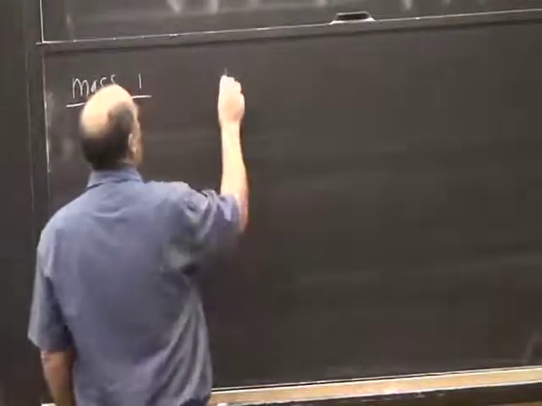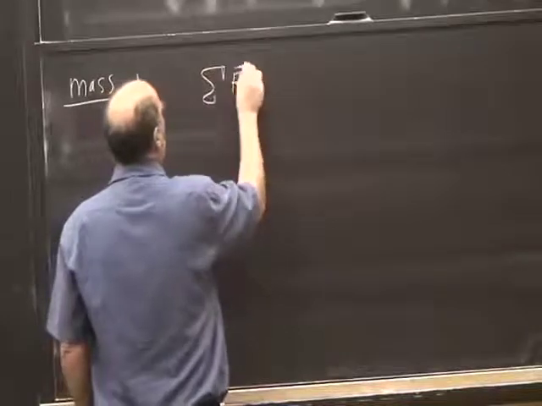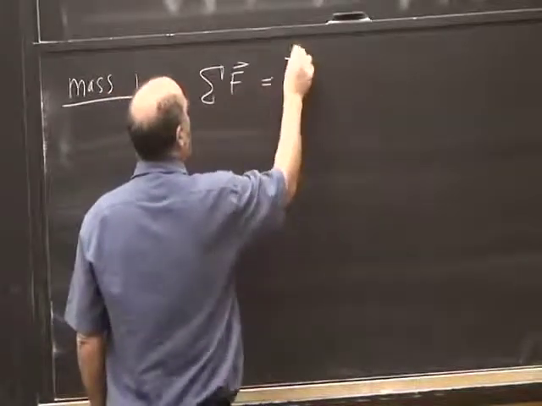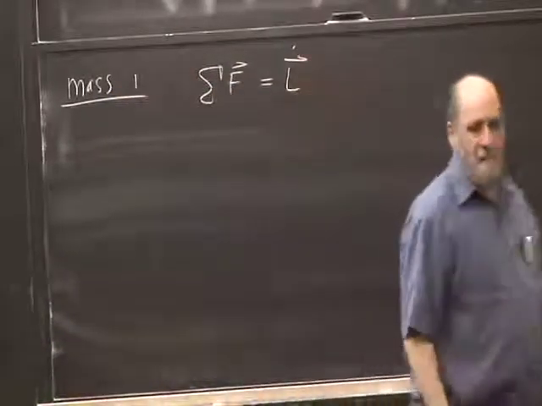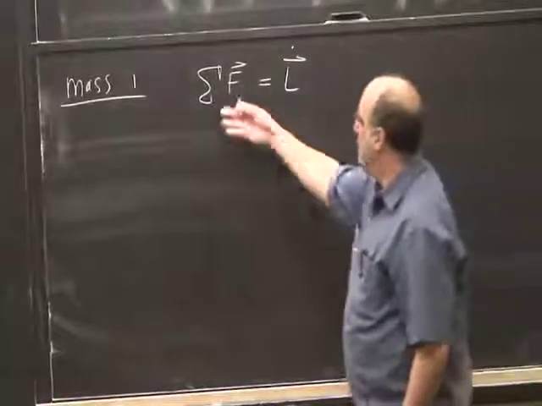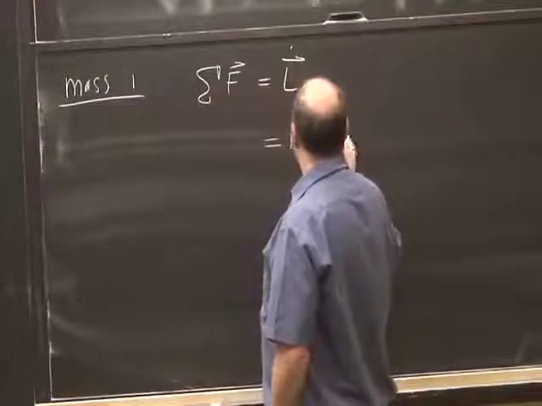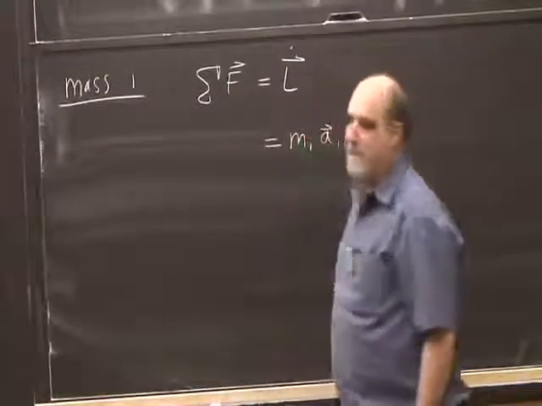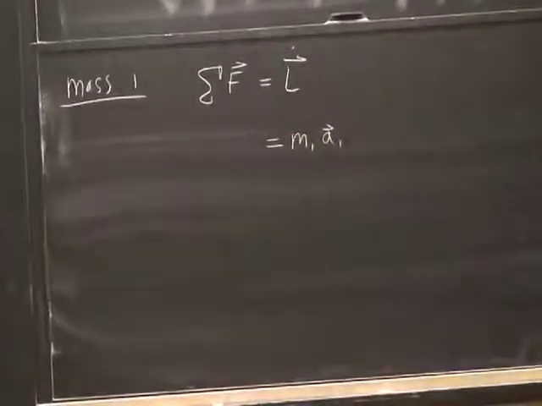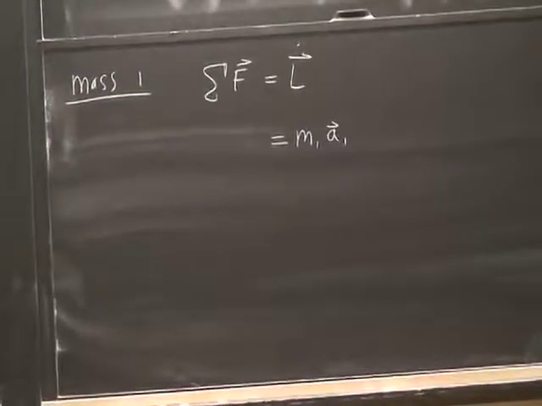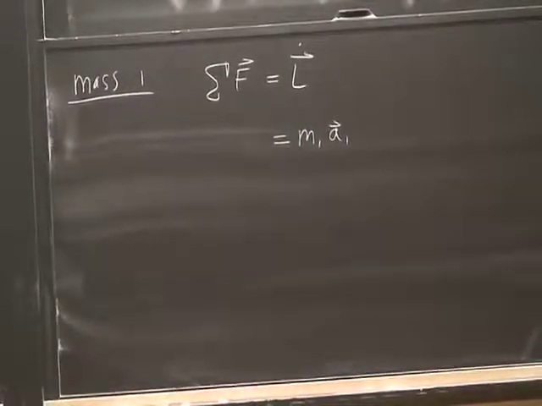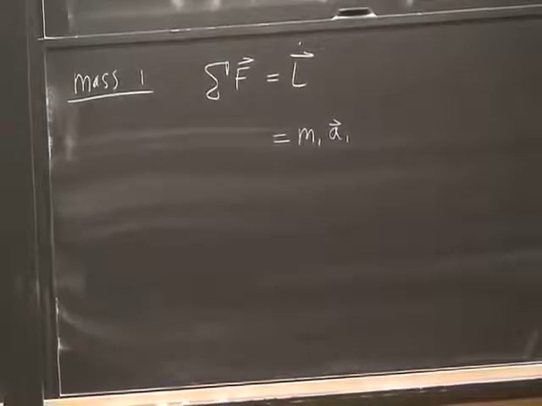So we have for mass 1, the sum of the forces which act on it is equal to the rate of change of linear momentum of that mass. It's always nice to show what equation you're using before you plug it in. On the right-hand side, we have m1 a1. So the forces don't add to 0. They add to that which makes the thing accelerate. It's dynamics, not statics. What are the forces on this thing?